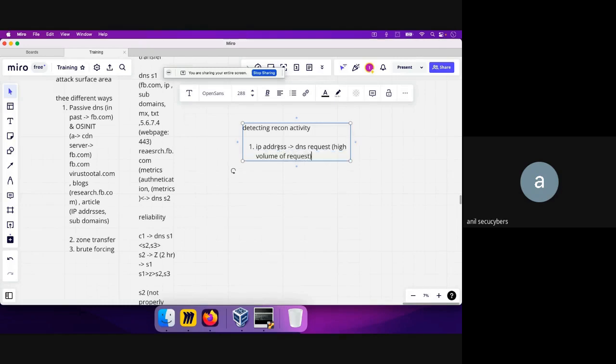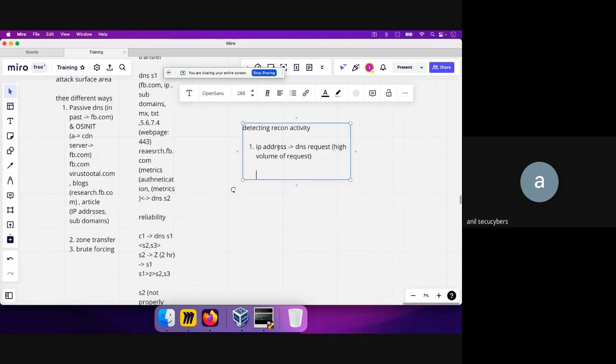Okay, so in this case, this is actually a very valid alert. So what we can do is set up an alert on SIEM tools, and my favorite is basically using Splunk, because it has a lot of easy to write queries. We can easily set up an alert by which we can say that, okay, if an IP address is making a huge number of DNS requests, let's say there's a huge spike.